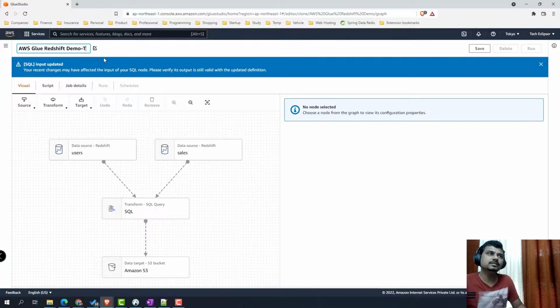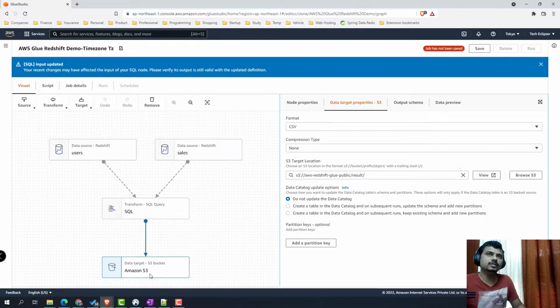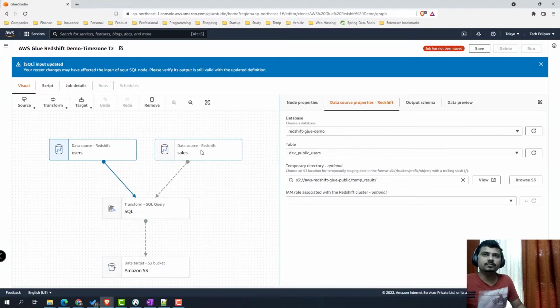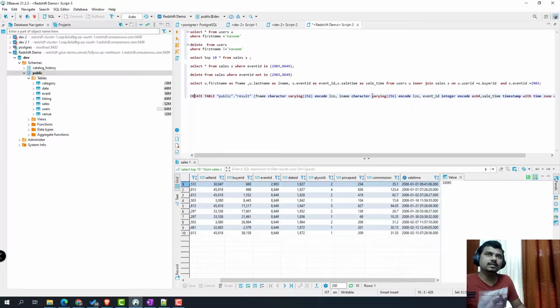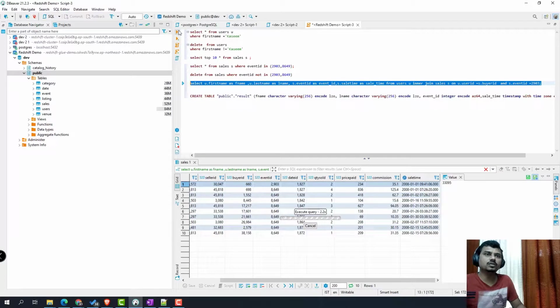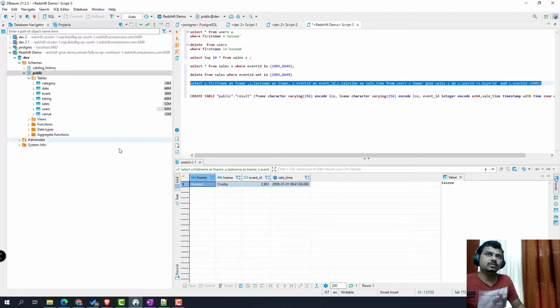Rename it. In this particular use case, we are going to show a demonstration of how we can do a workaround when you're dealing with a column with data type as timestamp with time zone. Glue or Spark on the fly doesn't support timestamp with TZ for data type. We'll have to do a workaround on that. So we will show you the workaround both with using AWS Glue and also with using Spark.